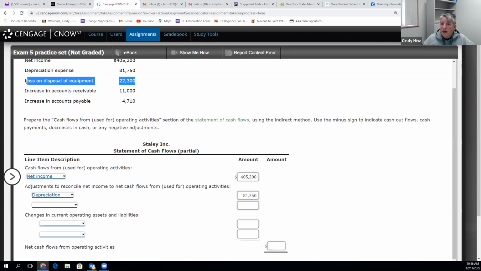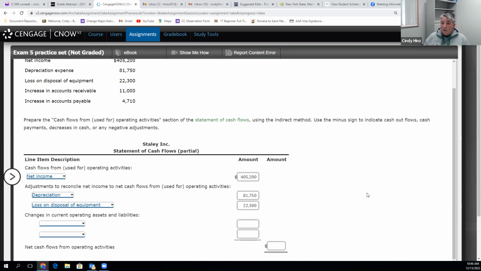So you can see in this next line that there was a loss on disposal of equipment. That loss reduced our net income, but again, was not related to operating activity. So since we've subtracted it out of our net income, we need to add it back. If it was a gain, we would need to subtract that. So those are the two different types of adjustments we're looking for from the income statement, and then we move